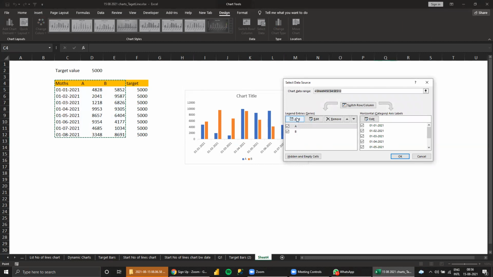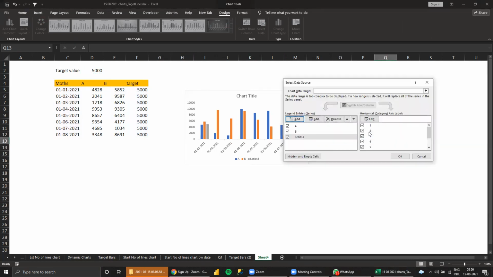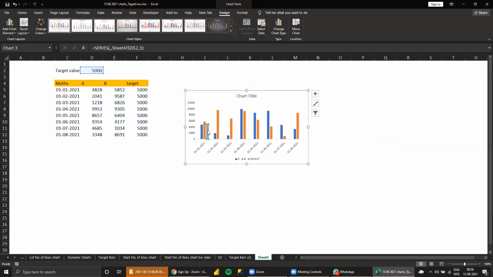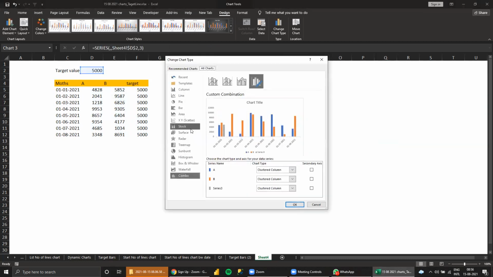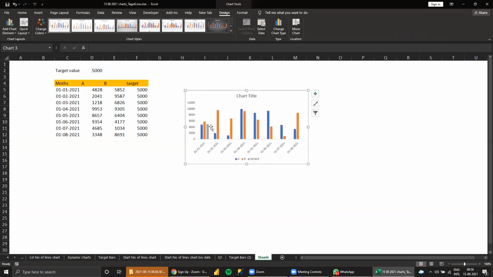Select the data. Wait, this is not changing. I don't understand.